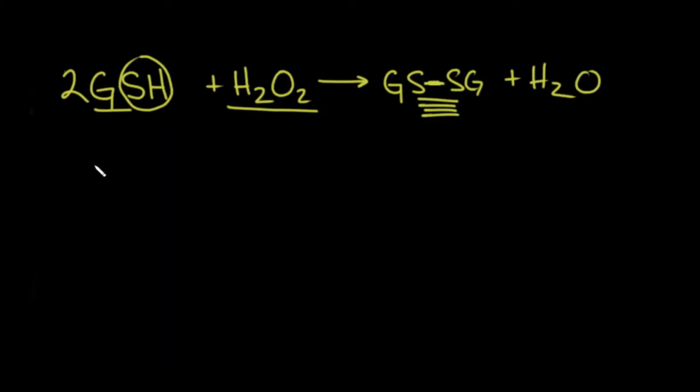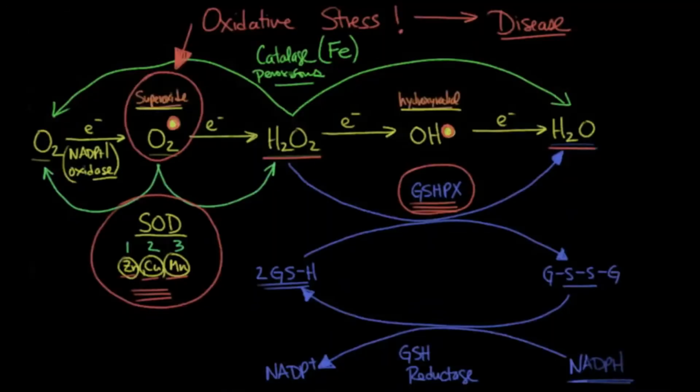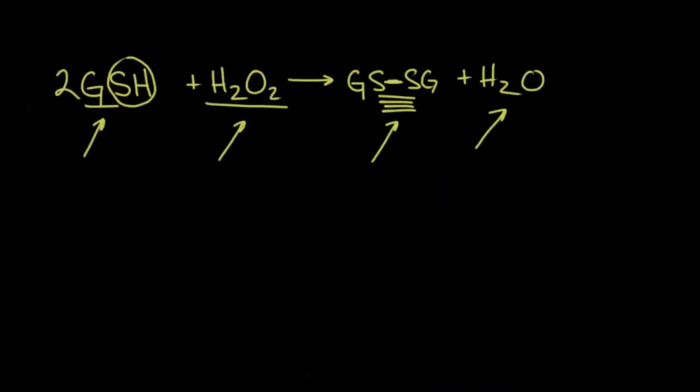So notice, 2 reduced glutathiones plus hydrogen peroxide gives you an oxidized glutathione plus water. And that should look familiar. Again, here we have 2 glutathiones being oxidized to a connected disulfide bond, and what you get is hydrogen peroxide turning into water. That's important to understand because here you have a